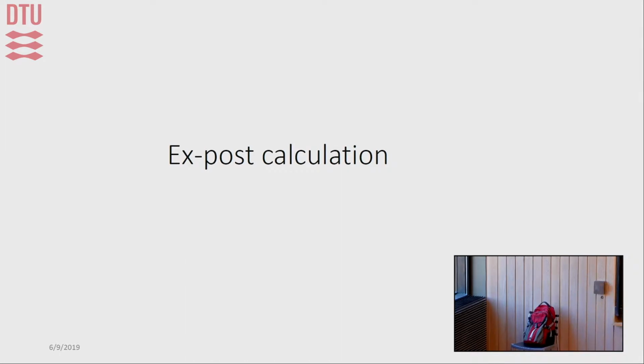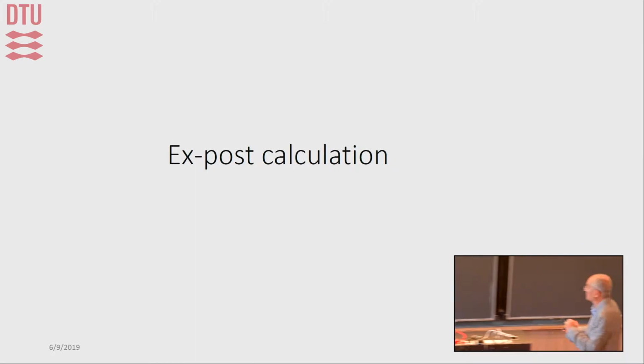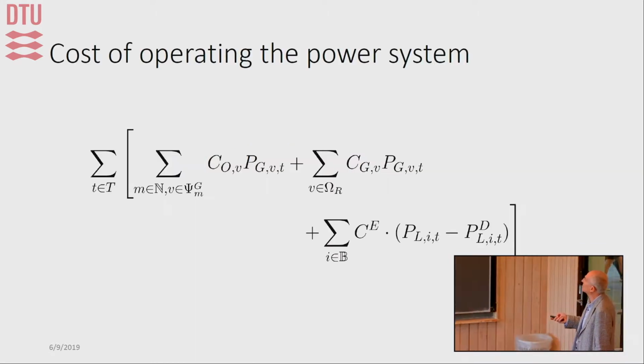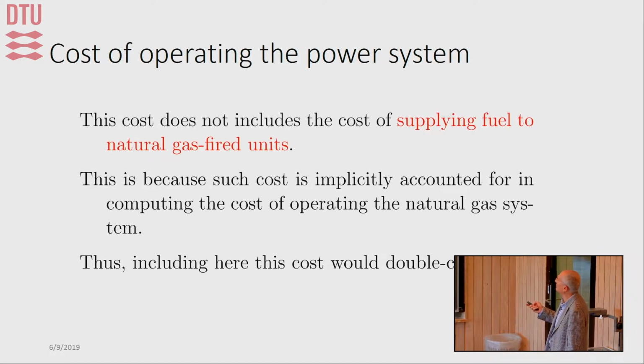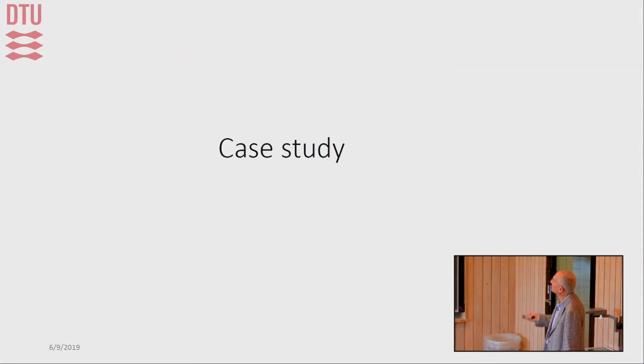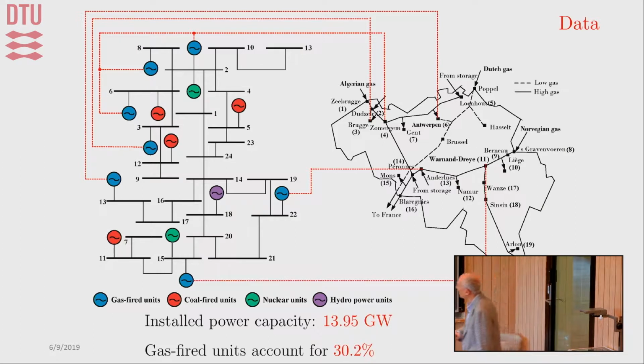So because the gas cost appears in both problems, okay? So not double counting, is that what we say here? This is the cost of operating the power system without gas, and this is the cost of operating the gas system, including all the gas, and this is the total cost, whatever. So we